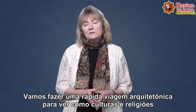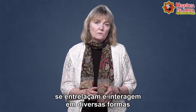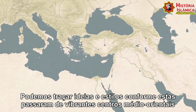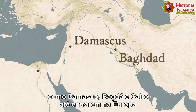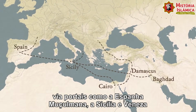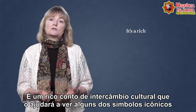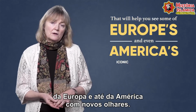So let's take a quick architectural journey to see how cultures and religions interact and interweave in all kinds of ways that challenge assumptions we may make about our national history and heritage. We can trace ideas and styles as they passed from vibrant Middle Eastern centers like Damascus, Baghdad, and Cairo, to enter Europe via gateways like Muslim Spain, Sicily, and Venice, through the movement of pilgrims, bishops, merchants, and medieval crusaders. It's a rich tale of cultural exchange that will help you see some of Europe's and even America's iconic landmarks